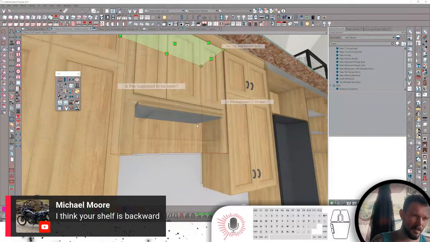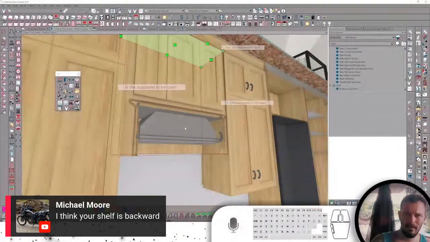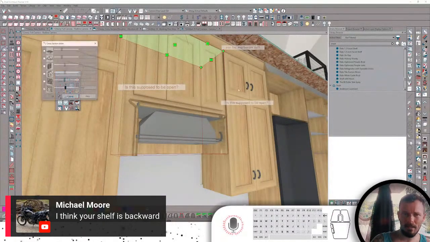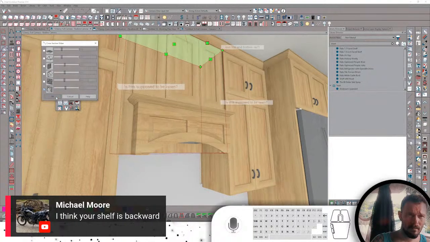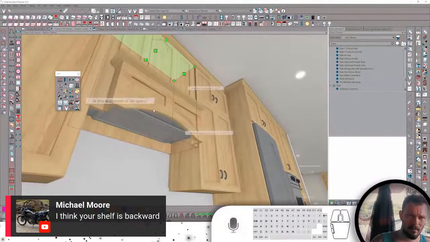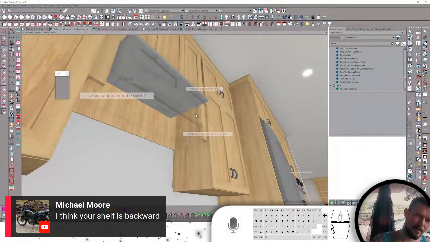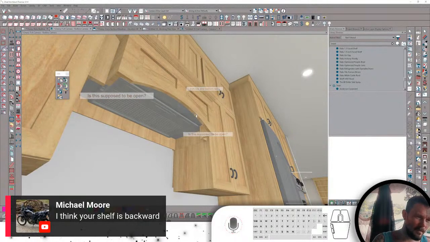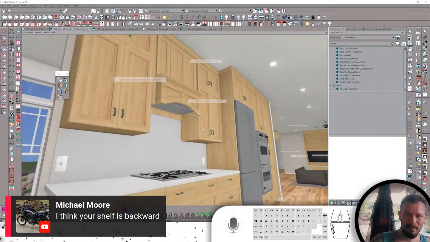Well, finally get this right. I think your shelf is backwards. The last thing we saw, yeah. Might have finally got this right. Let's turn off the section cut. Hey, this is starting to look like something, guys. Did you paint it wood? Look at that. I don't feel so dumb anymore. Like it's done finally, but